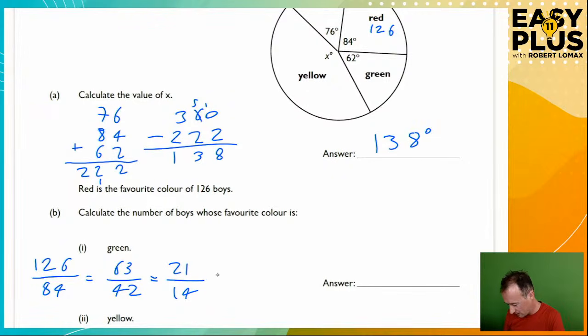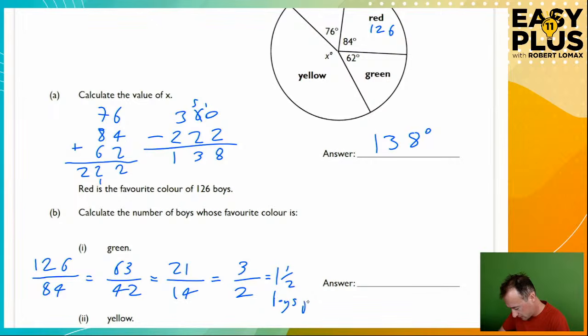21 divided by 14, well, you can't divide both by 2, 3, 5, 7. Aha, they're both in the 7 times table. That's the way to do this. Ask yourself, what times table are both these numbers in? So 7 goes into 21 3 times, and it goes into 14 2 times. 3 over 2, which is otherwise known as 1.5. It's worth having both written down, so we've got a bit of flexibility in how we work with this. So we know that it's 1.5